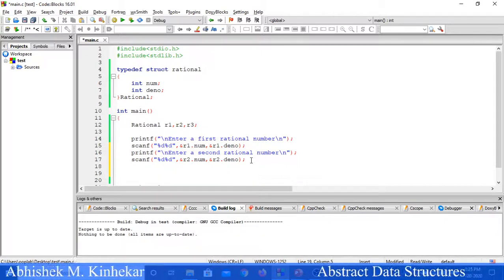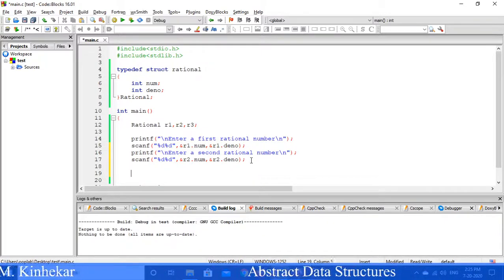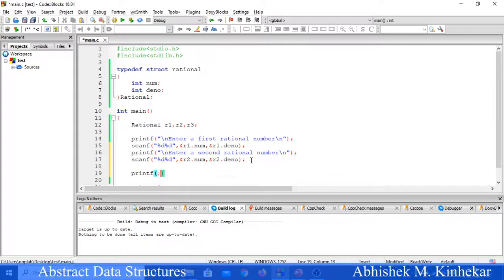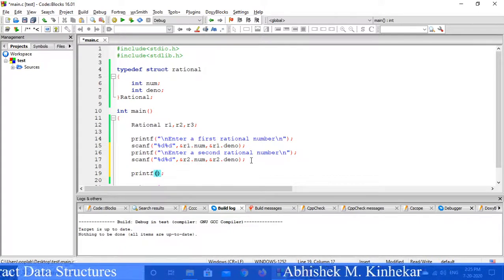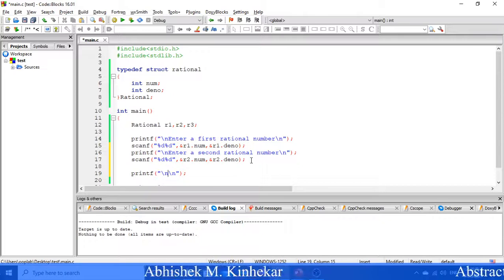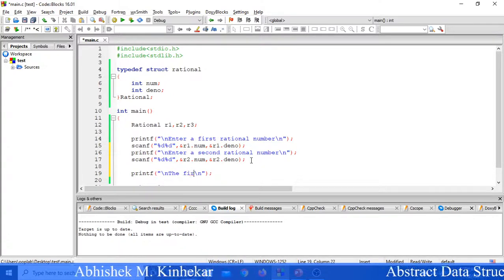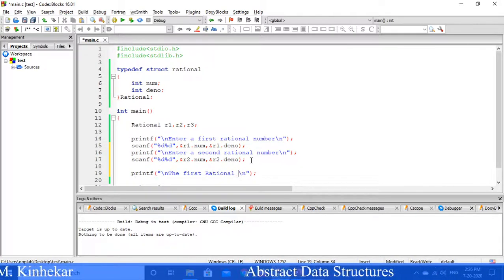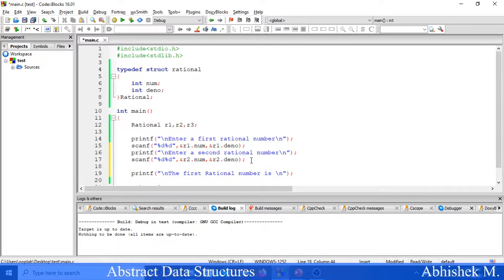Now let us see how these two numbers look. For that I need to print them on the console, and for printing I use the printf function. So printf, within that I am printing: the first rational number is, now I need to print it.